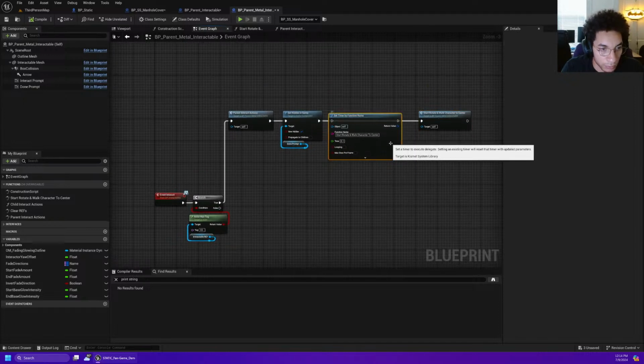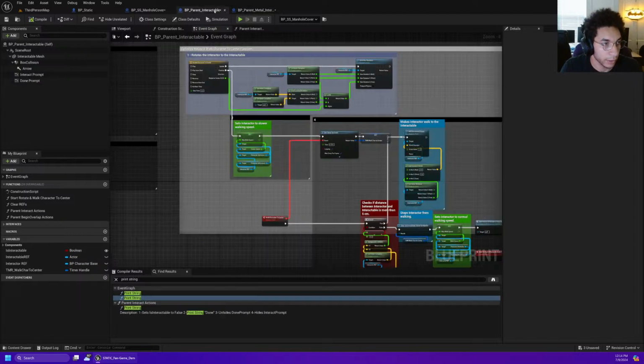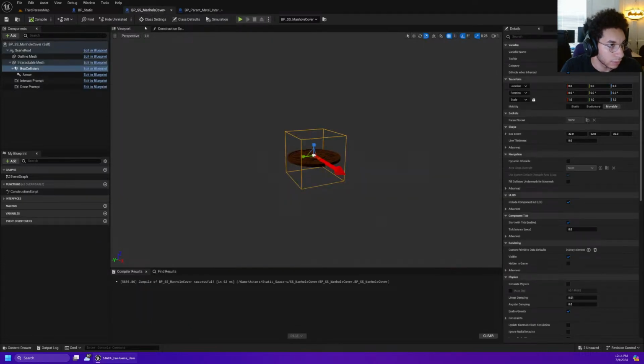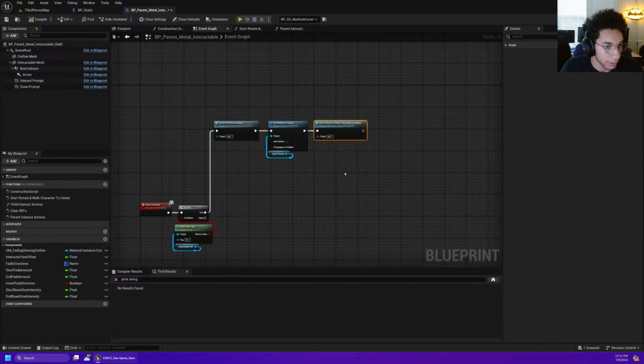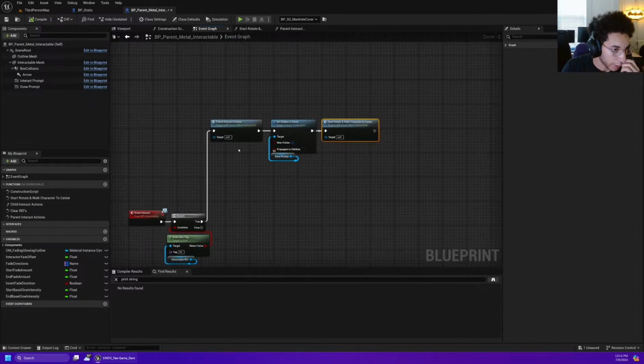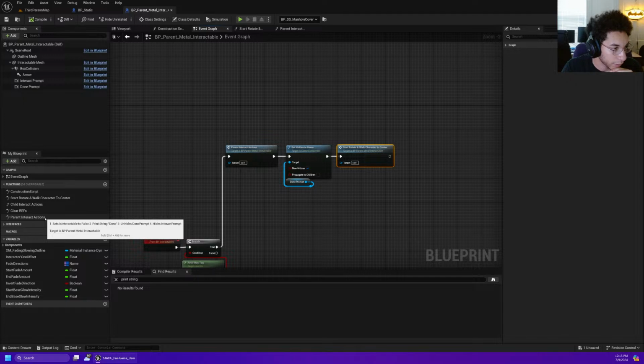So I don't think we need this at all. And then the parent interactable, pretty much done with this. We don't need to reference it at all. And then I just have this open. Yeah, I don't need to have this open either. So the only thing we need to worry about is this. So we have the parent interact actions, which has a description, so I know what it does. So all the parent functions or the parent stuff from the parent,